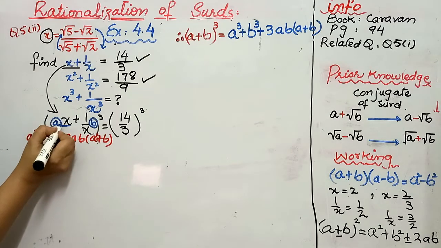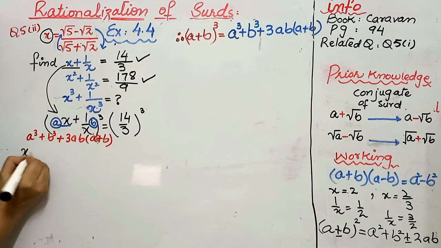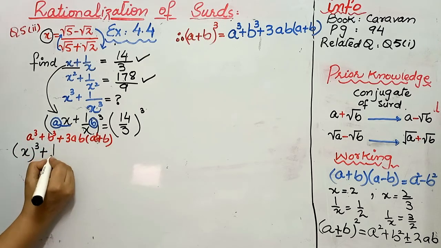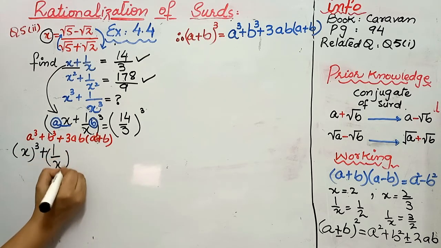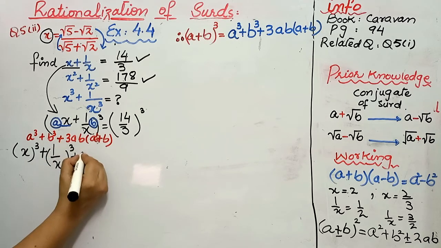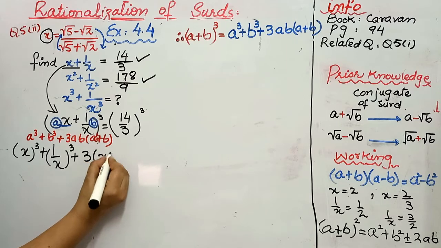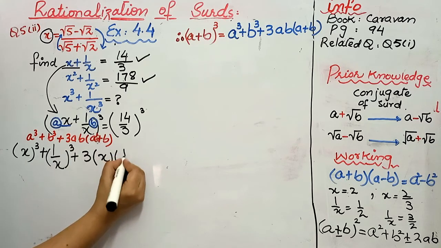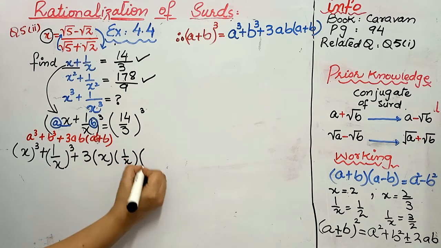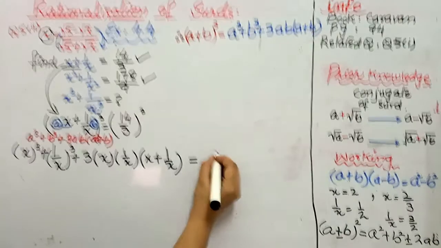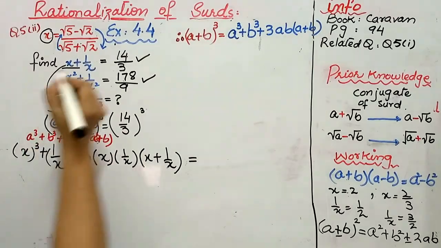A cube means x cube, plus b cube means 1 upon x cube, plus 3 into the formula, and in the place of a here it is x, in the place of b it is 1 upon x, and x plus 1 upon x is equal to 14 cube is